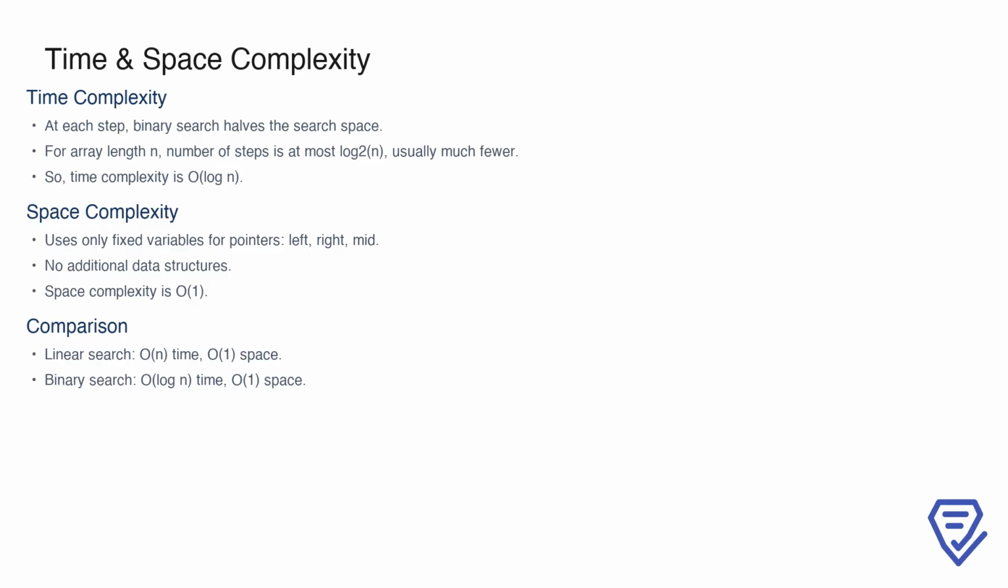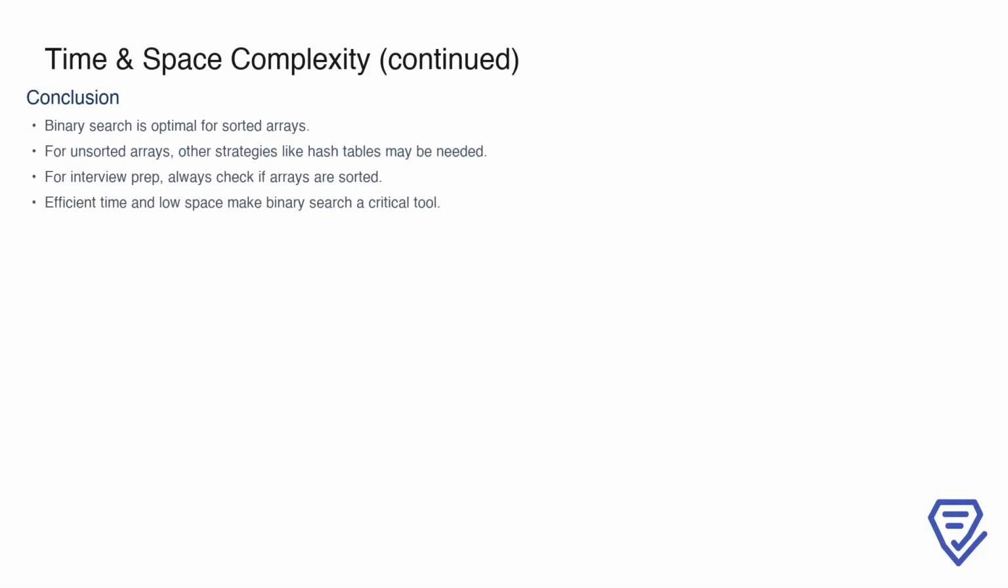Comparing to linear search, which would use O(n) time for scanning every element, binary search is clearly more efficient for large arrays. Both approaches use constant space. In summary, for LeetCode problem number 704, binary search is optimal when working with sorted arrays. If you encounter unsorted arrays, consider different strategies, such as using hash tables. When preparing for interviews, always pay attention to sorting guarantees in the problem description. The combination of efficient time and low space usage makes binary search an essential technique for both coding interviews and